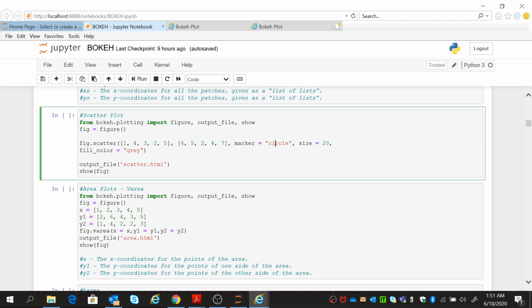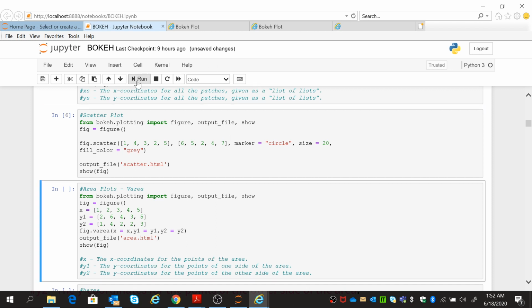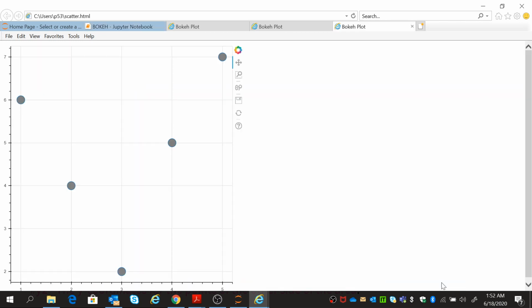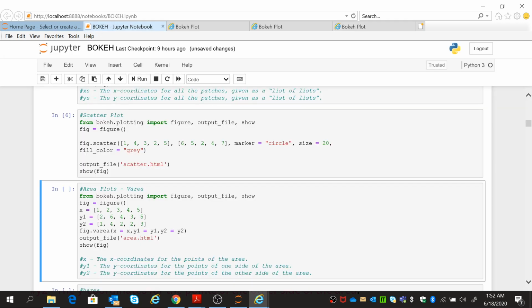Okay, so I have specified marker circle, and there are a lot of marker options that I have shown you earlier, and then the color and the size. And this is going to give you a beautiful scatter plot. And yes, here it is. Okay, so easy, so easy.